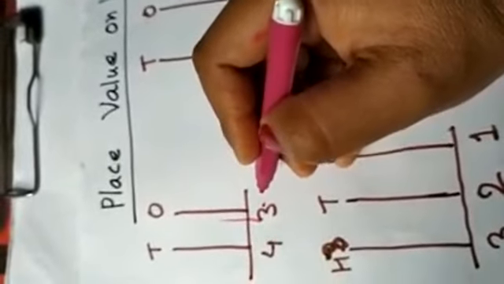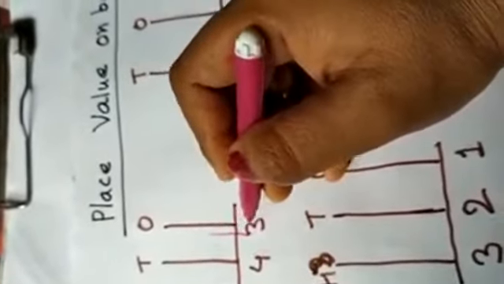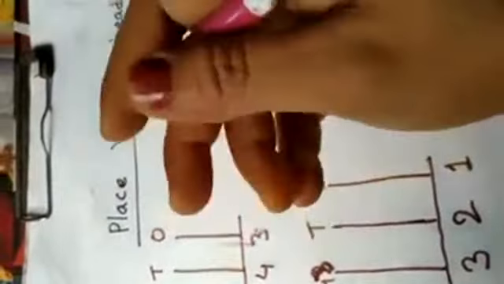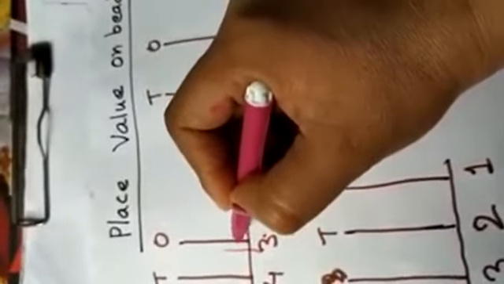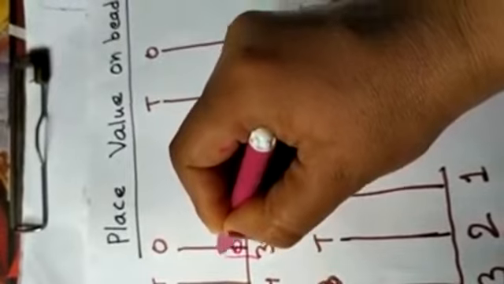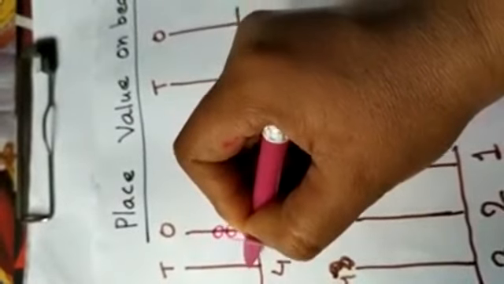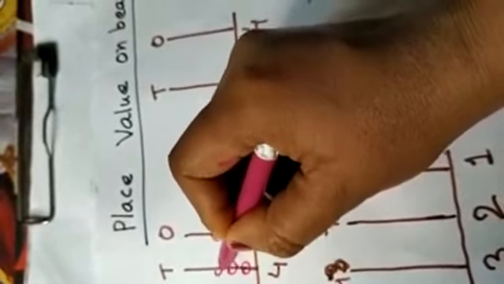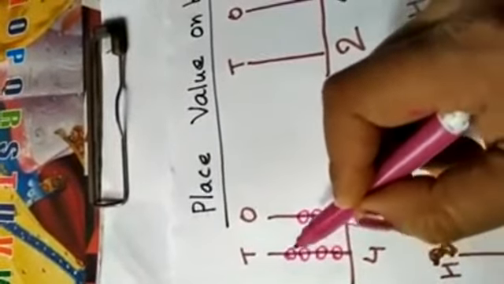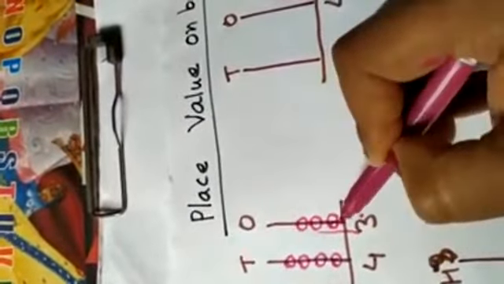Abacus. In junior classes, in UKG and standard 1, we have studied about abacus and beads. See that 3, that means 3 beads. 1, 2, 3. 4 tens. How many beads? 1, 2, 3, 4. If I make only beads, I'll tell you to write the number. You can write the number after counting these. 1, 2, 3, 4: 4 tens. 1, 2, 3: 3 ones.